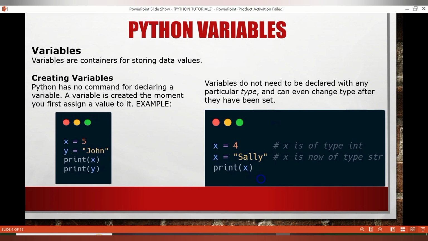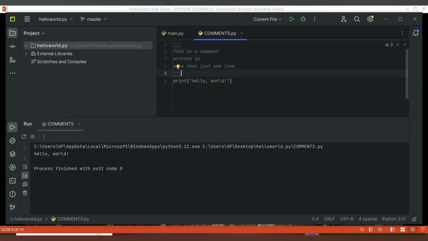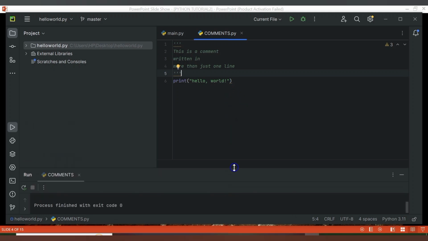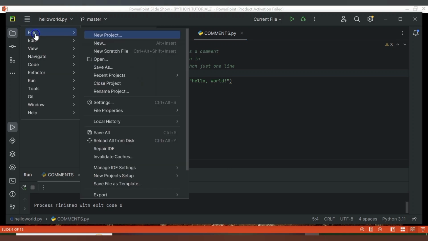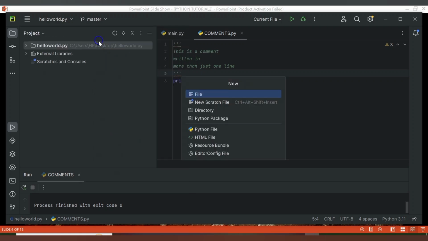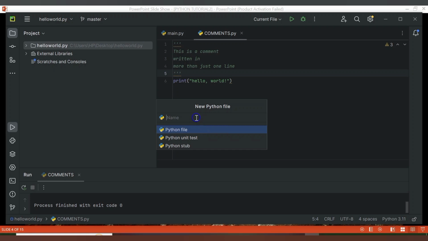Then I ask it to print x for me. So let's see this now. What should we first do? Let's go to our PyCharm now. Since we are done with our comment part, I'm going to create another file for our variables. I'm coming to this line here, go to File and go to New. Since I'm creating a Python file, click on Python file. So I'm going to name it variable